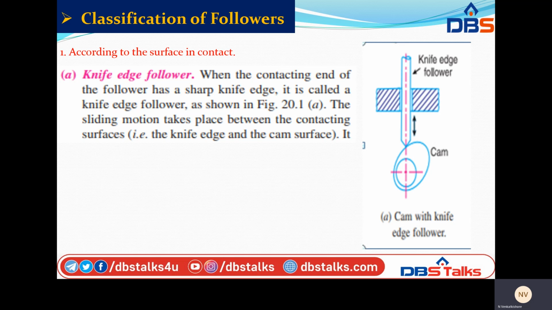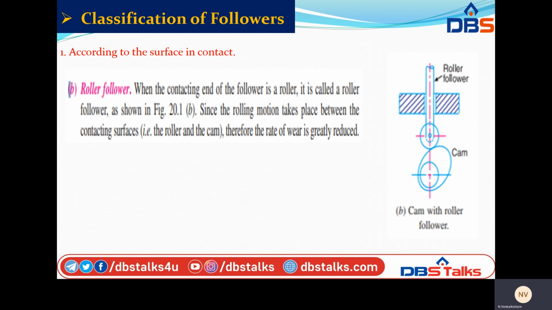If these can be asked in the 2 marks, try to prepare for that in the fifth unit. This is the fifth unit for cam and follower. What is meant by cam, what is meant by a follower, or what are the classifications of follower? Mainly four types. Next, go for the second one, roller follower. If you understood the knife edge follower, you can easily write up the second one also.